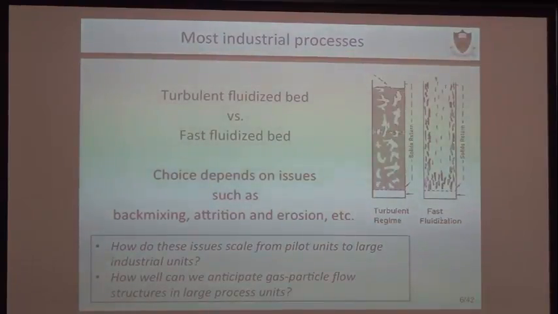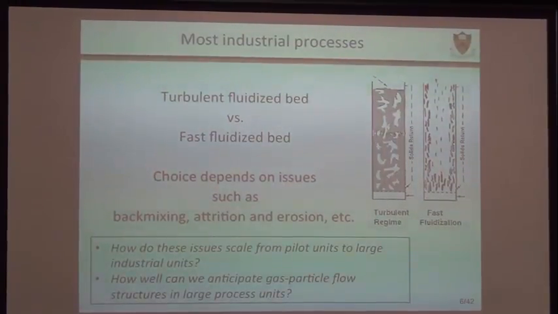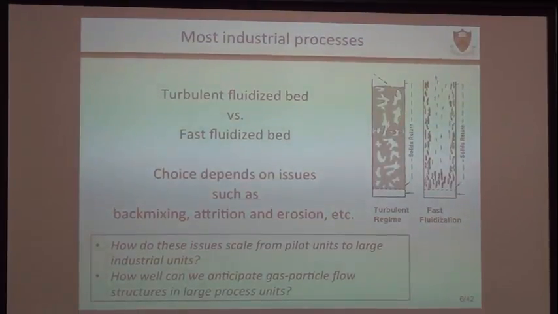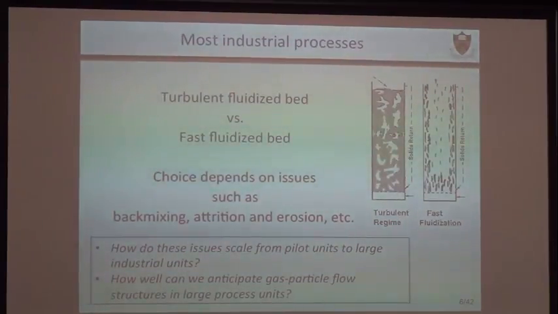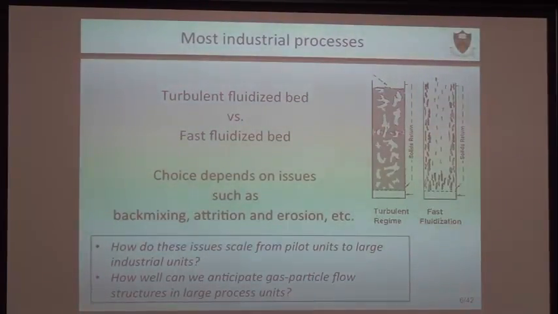One of the basic questions is that you see these inhomogeneous flow patterns, so how do they scale from small scale to large scale? Often you do pilot experiments and you get this kind of flow. If you think of single-phase turbulent flow, we often talk about how, when you change the vessel size, the scale of turbulence also changes. So a size-dependent scale comes in, and we need to understand how well we can anticipate what kind of flow structure changes are going to happen as we go from small scale to large scale, and what kind of tools we need. These are the driving questions, and that leads to what kind of models are needed at different scales, how you capture them, and people work in different fields.